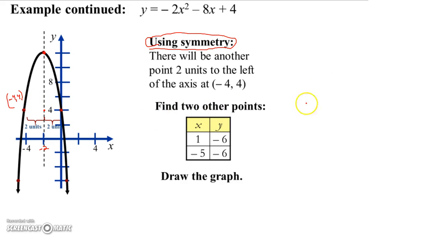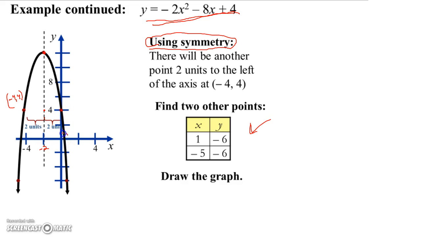And as with everything, if you're given an equation, you could plug in any number for x and find the y value. So here they've done randomly. They've plugged in a value for x equals 1. They've found that it's negative 6. They've plugged in x equals minus 5. They've found that it's minus 6. This is unnecessary. We don't have to do this. We're going to be able to find the vertex. We're going to be able to find if there is a y-intercept. We're going to be able to find